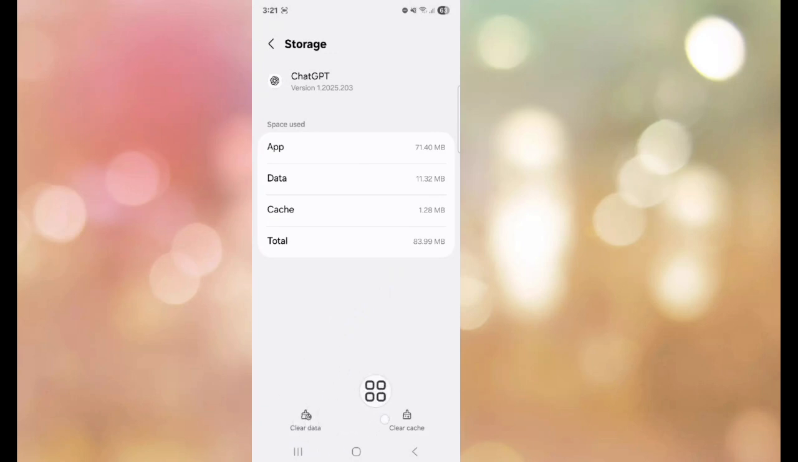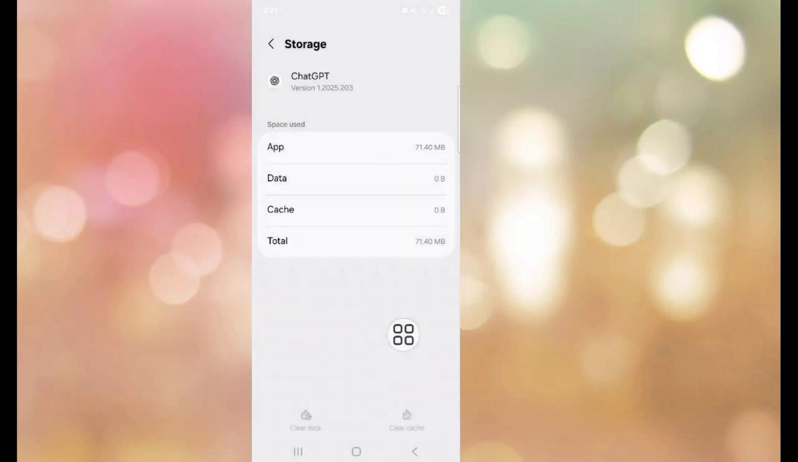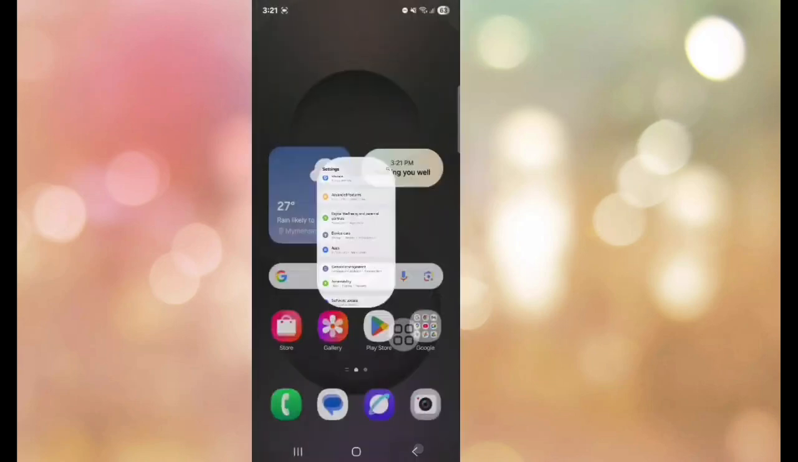Now you can see Clear data and Clear cache. Tap on Clear data and tap on Delete. Okay, go back to your home screen